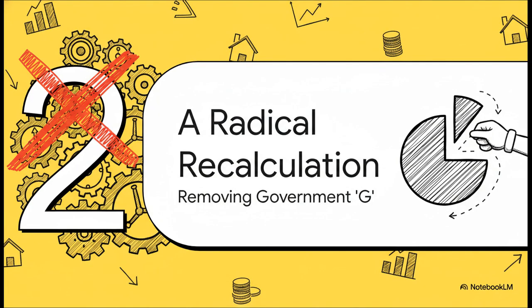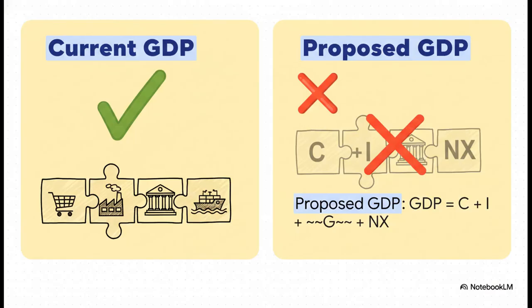And this is where things get interesting, because now there's a proposal on the table to take that elegant, time-tested formula and smash a giant hole right in the middle of it by getting rid of one of its most important pieces. The idea is, honestly, breathtakingly simple. Just get rid of G. Just strike it from the equation. Pretend it isn't there. And just like that, every single dollar spent by the government, federal, state, and local, would vanish from that headline number. That is a truly massive change.